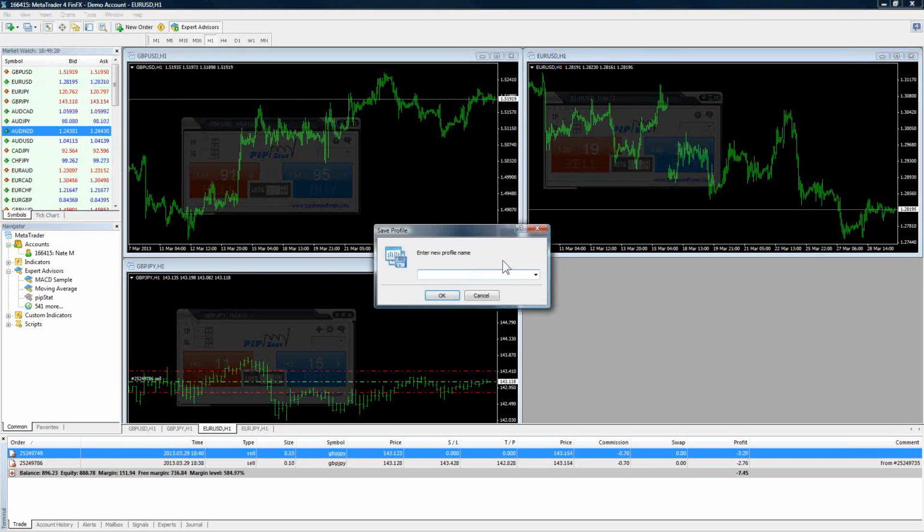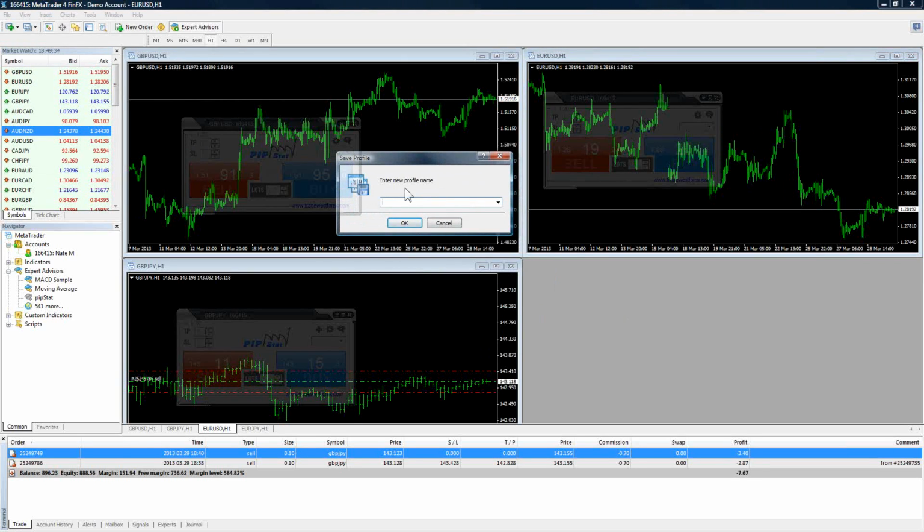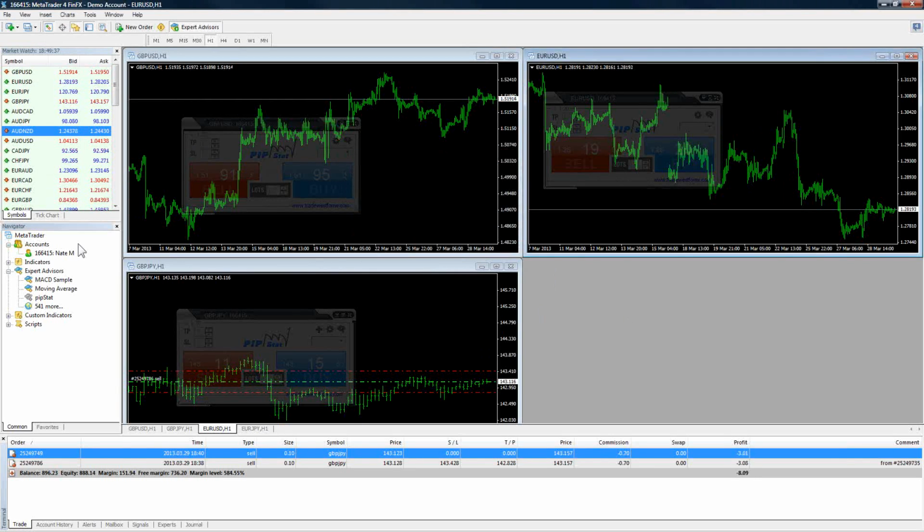Say, okay, this is how I want to start out my trading day. These are the currency pairs that I want to trade. You come up with a name, you save it, and then when you come back in, everything pops up just the way that you had it. And that's huge. It took me a long time to figure that out, and nobody really said anything about it. And once I found out about it, I started kind of smacking myself in the head thinking, why didn't somebody bring that up sooner? But profiles, it makes a big difference.